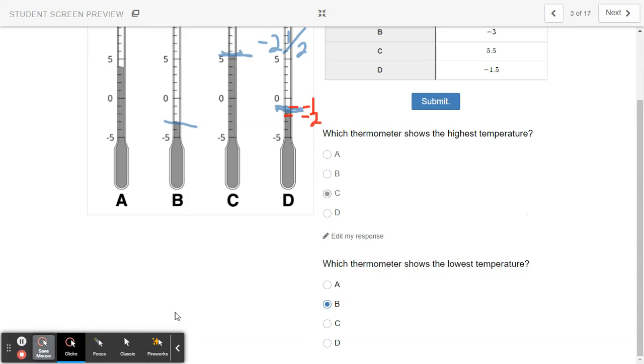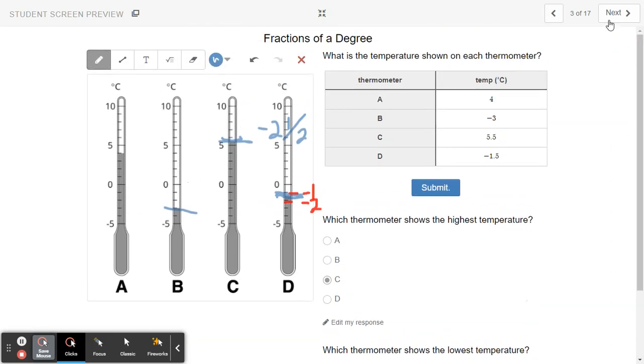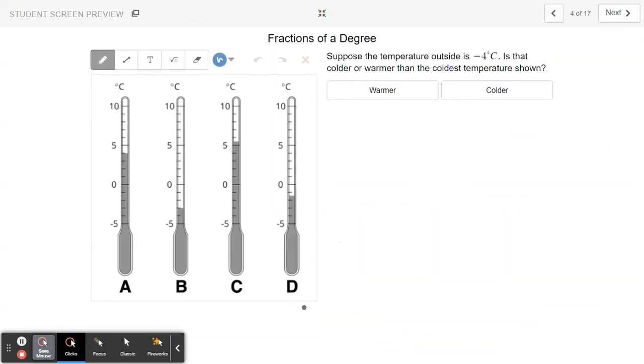Okay. All right. So we're going to hit submit and move on to the next slide. All right. So